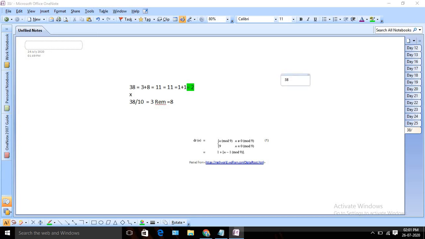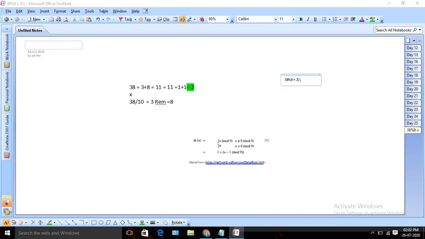If you divide 38 by 9, the remainder is 2, right? So this is our 2. We can directly come to the last one-digit digital root. If I directly do any number modulo 9, then I will get my expected answer.